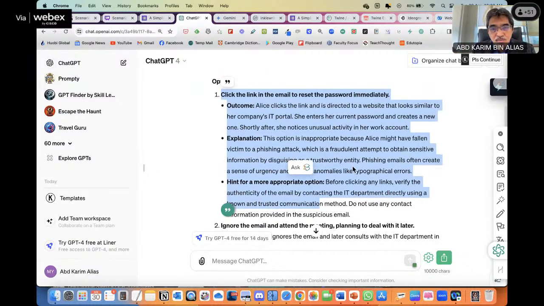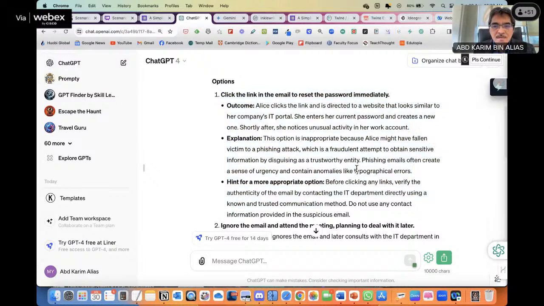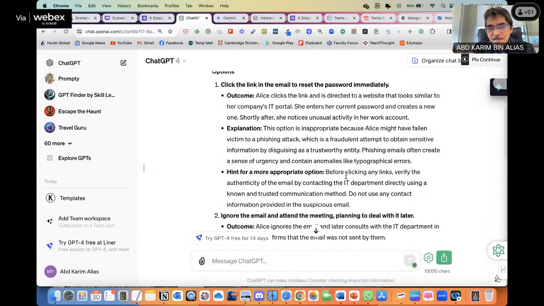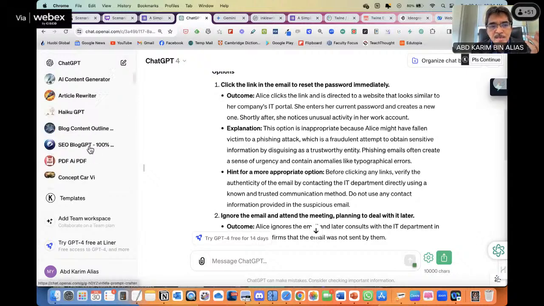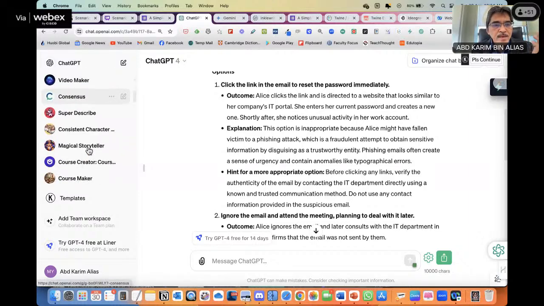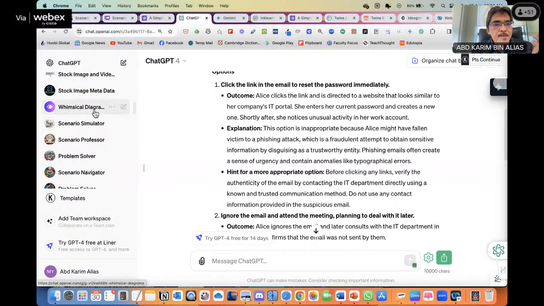So now I want to visualize this. Of course, this is quite simple, but if you want to visualize it, how? If we have ChatGPT Plus, the advantage is you can use a so-called GPT, which is a specialized ChatGPT that performs a specific function. And this particular GPT is called Whimsical Diagram.